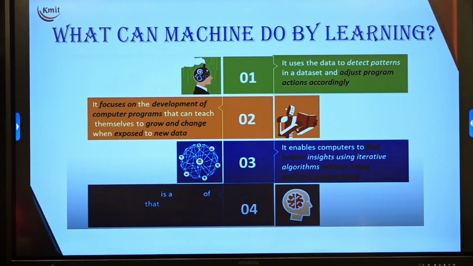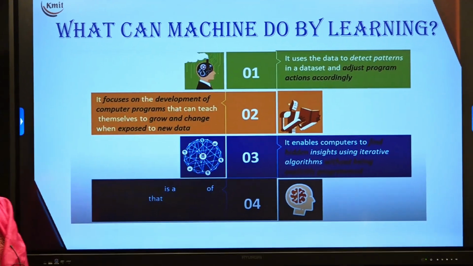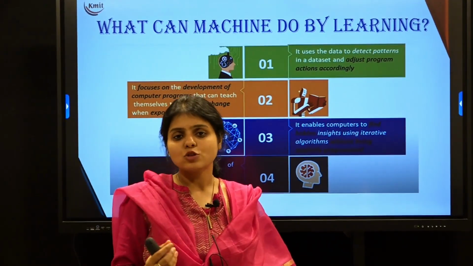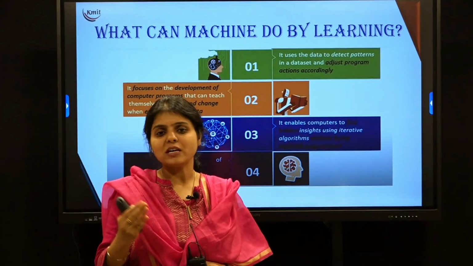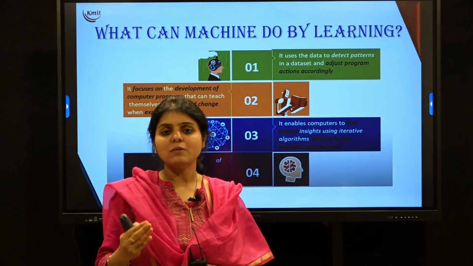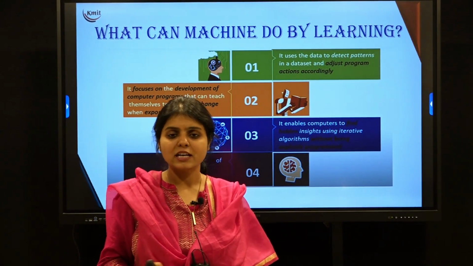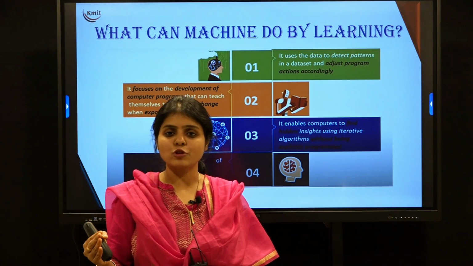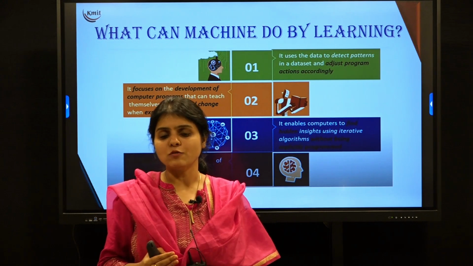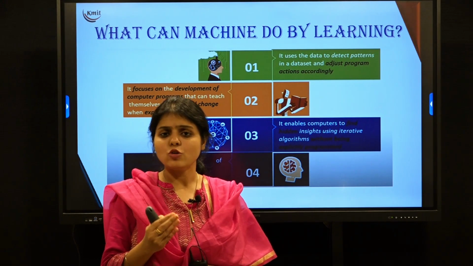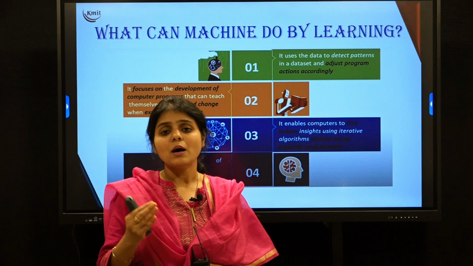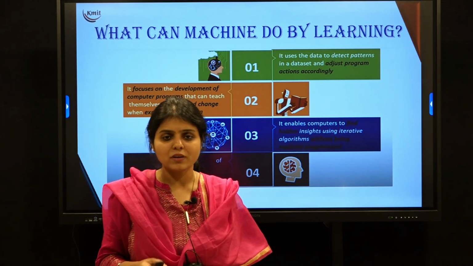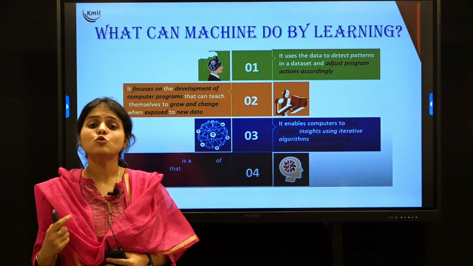Okay. So as we have seen, machine learning is all about making a machine understand the data and work by itself. For making the machine understand or learn the data, we make some machine learning models, right? So we have seen supervised learning models, unsupervised learning models and reinforcement. Depending upon the data that we work on, we choose one of the algorithms for making the machine understand that particular data and solve the problem, right? So what can a machine actually do by learning?